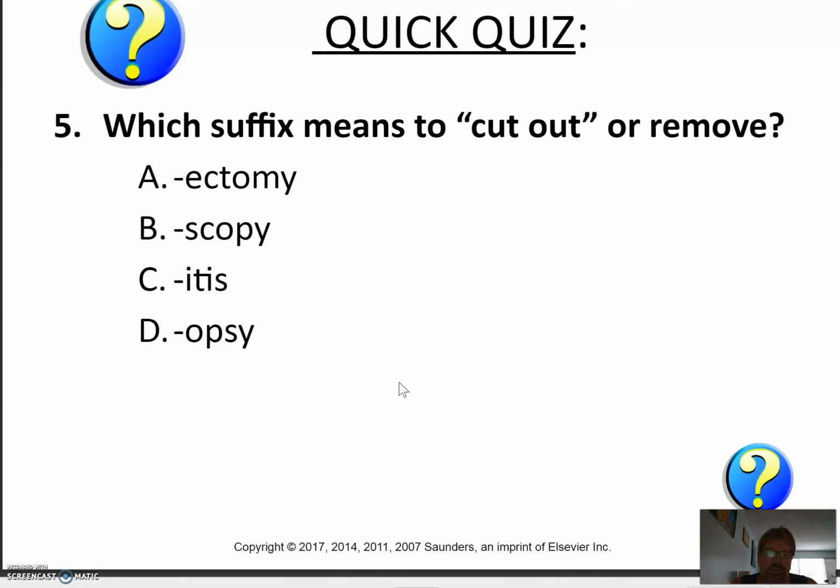Make sure you know the major prefixes, the major suffixes. And after that, guys, once you get that down, then you'll start going by the system, the anatomical system. In other words, you'll start studying the nervous system and the words that are relevant to it, and the cardiovascular system and the words that are relevant to that, and so on. Make sure that you got these basics down. It's real important.